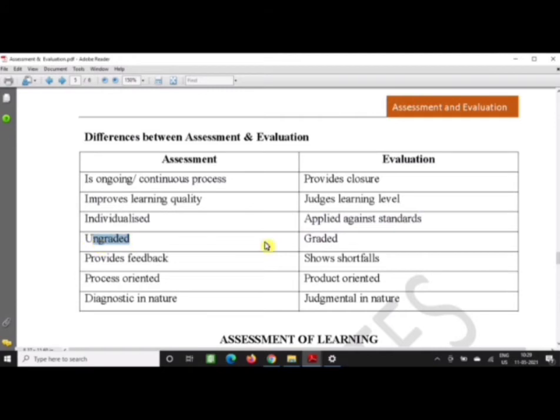Now we have ungraded. Assessment is ungraded. You do not grade students here, whereas in evaluation you grade the student like A, B, C. These students are graded as A, meaning all-rounder or something like that. You give some meaning to the grades. In assessment you do not give grades. A different kind of grades you can give, but not that judgmental grade.